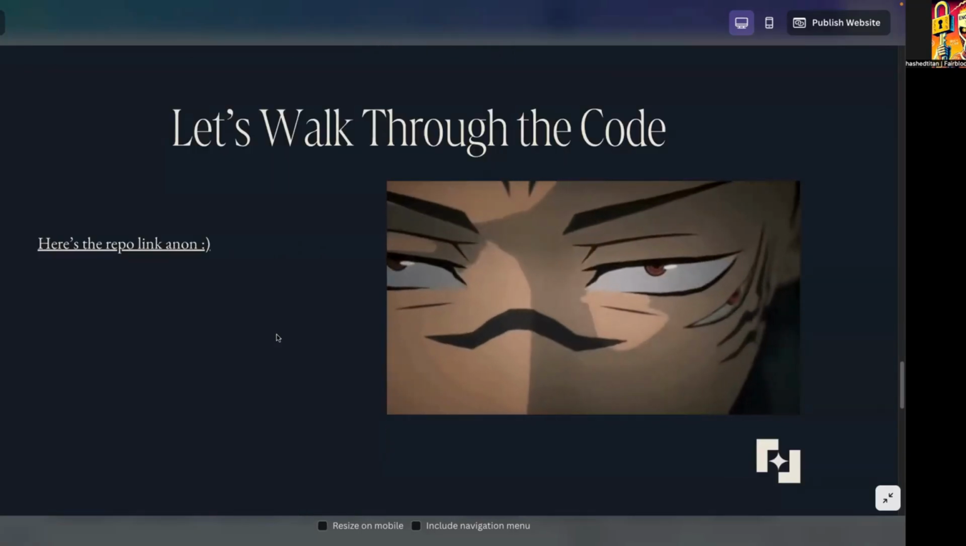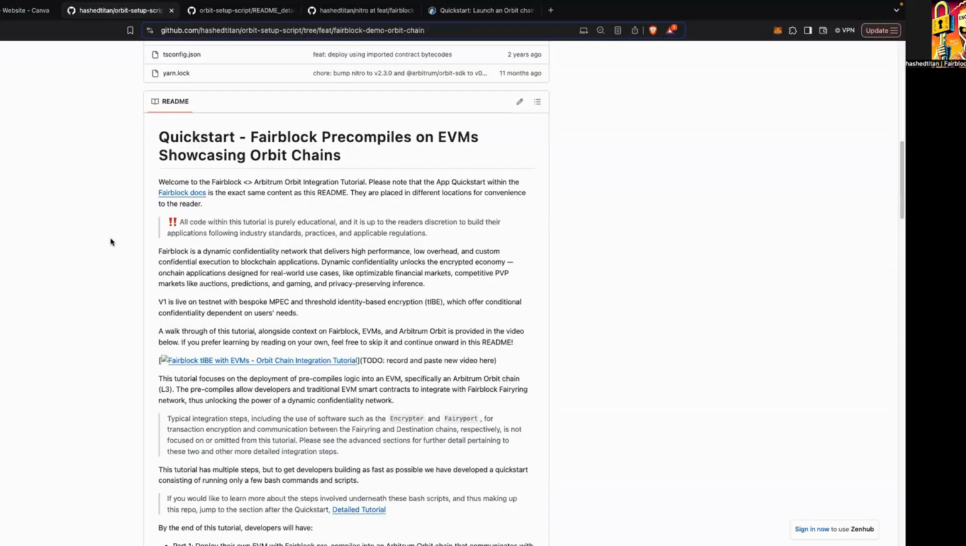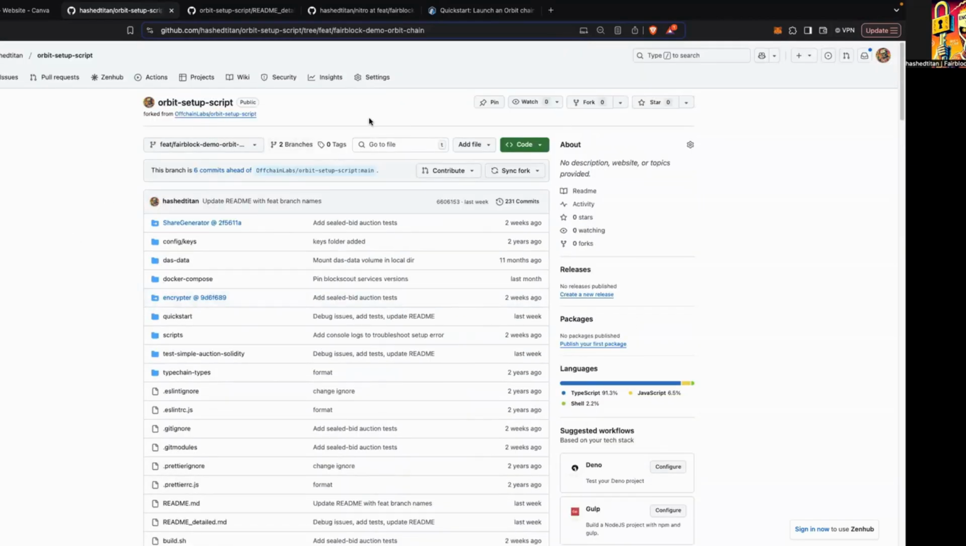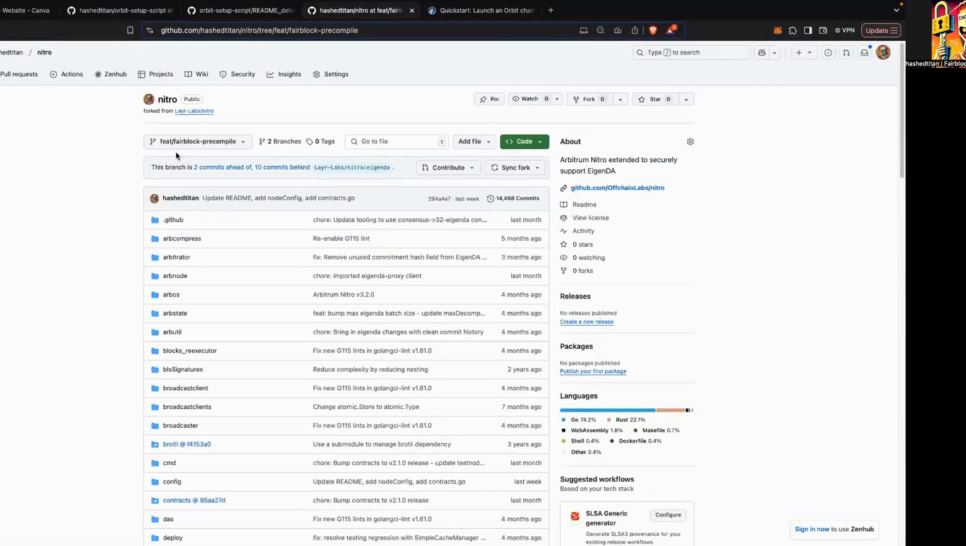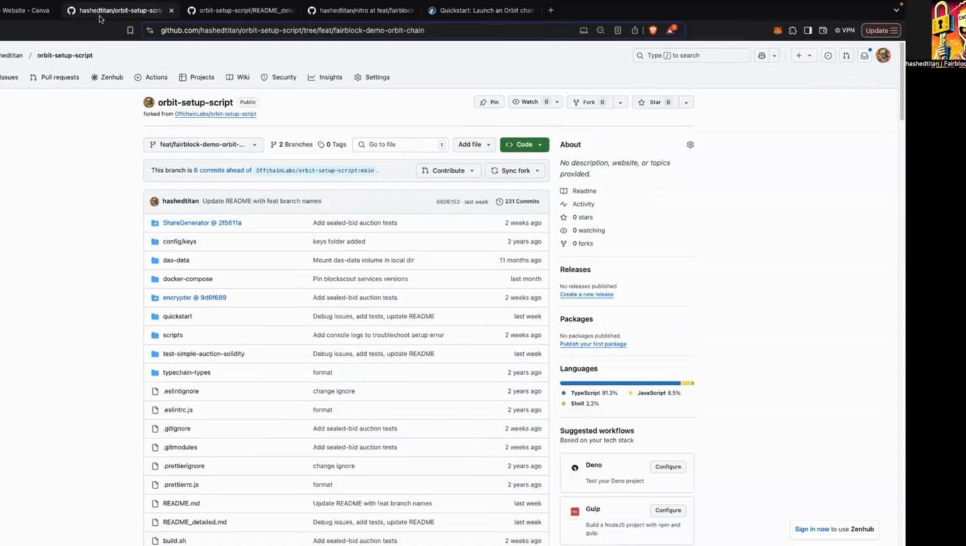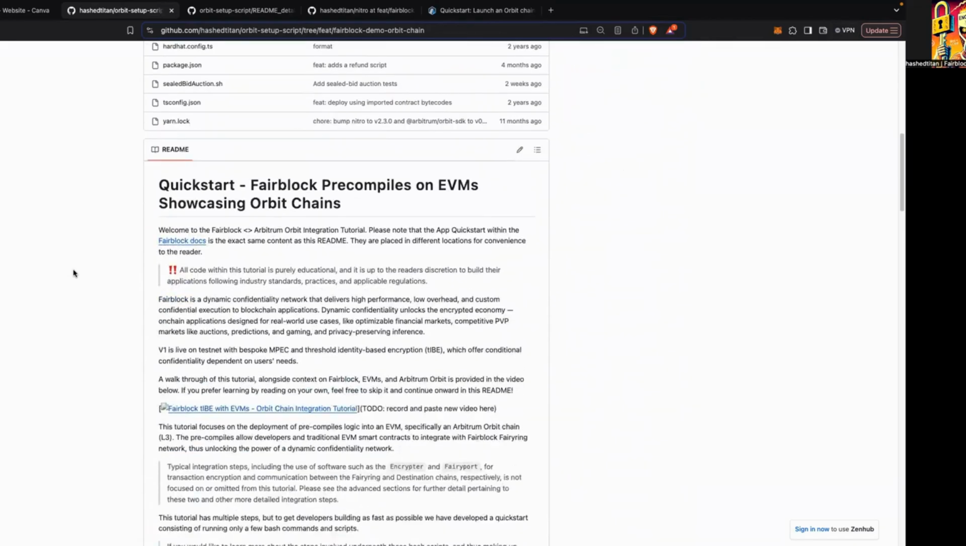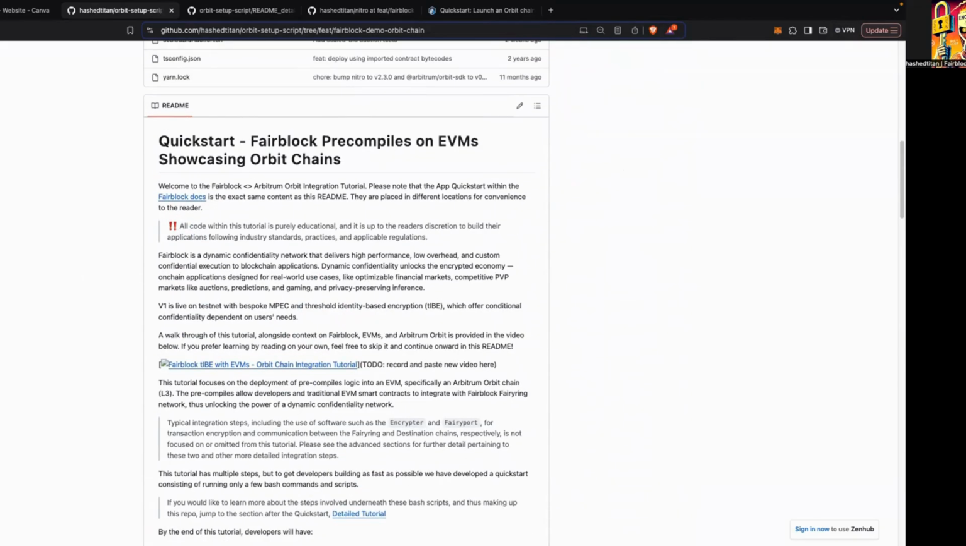All right, so now let's walk through some code. So here you'll see a fork of the Orbit setup script repo. There's two main repos within this tutorial, the Orbit setup script repo and the Nitro repo. These forks are currently under my handle, but they will be moved to the Fairblock organization and be managed there accordingly. So if we just quickly skim through the README,